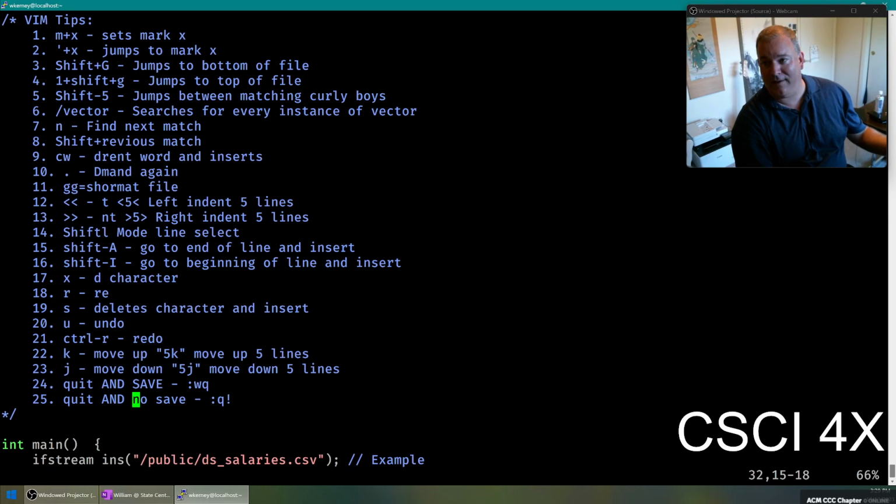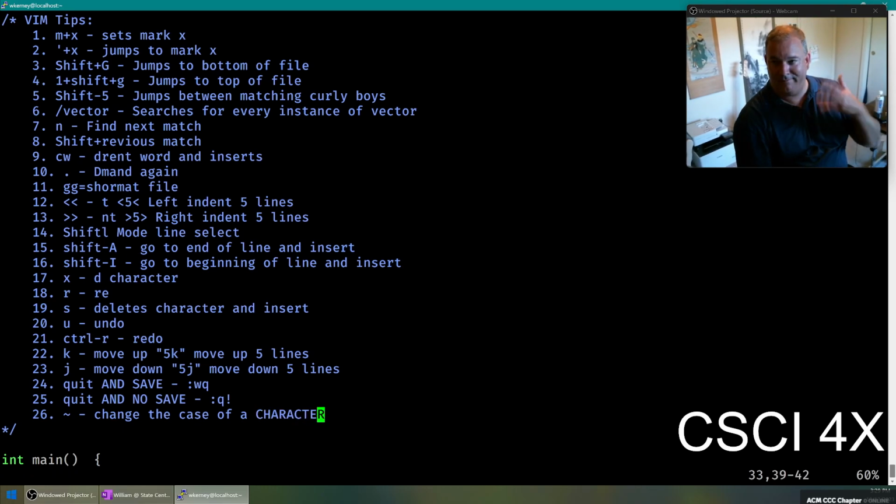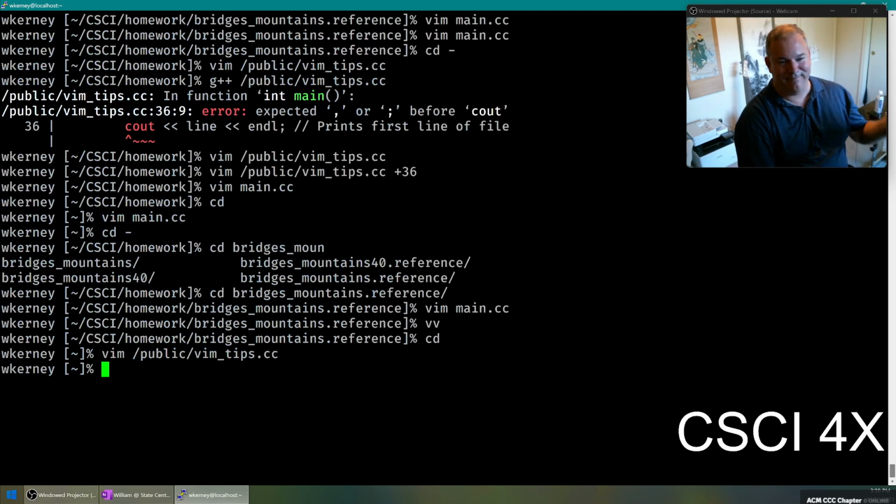If you want to change the case, tilde will do that for you. So if you do like a 10 tilde, it will uppercase it for you. Dot lowercases it. A lot of good stuff in there. Yeah, you can do that. There's a lot of neat stuff. I mean,